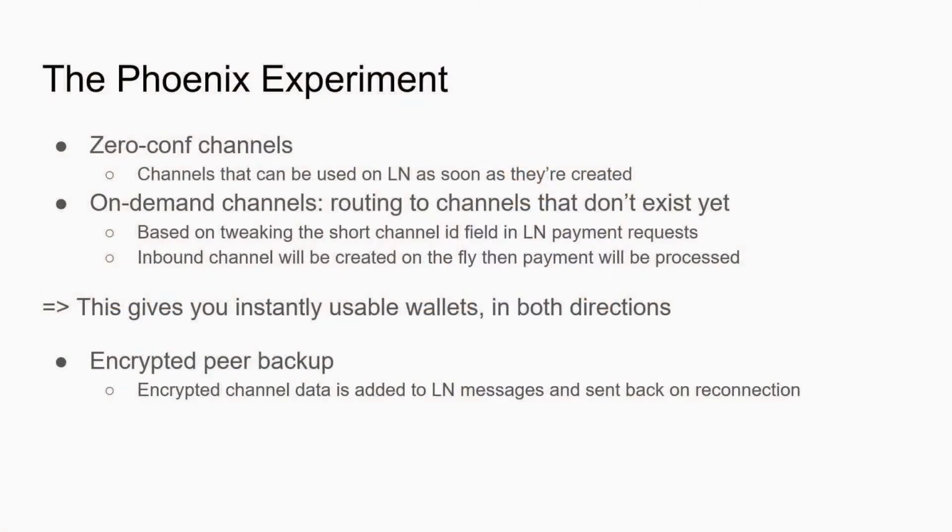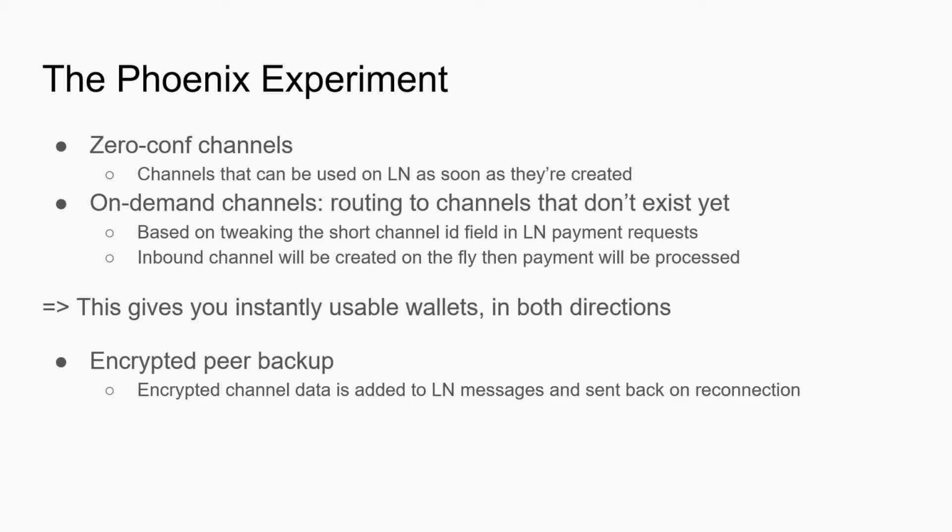You display an actual Lightning payment request, exactly the one that was displayed by Rusty a few minutes ago. It's a real payment request. It has not been tweaked. Any Lightning wallet can pay it. But when the last node sees that request, it knows that the channel ID is not an actual channel ID. It's a hint to create an on-demand new channel. So what we do is before we forward the last packet, we create the channel on demand, and then we forward the payments, and the preimage is sent back.